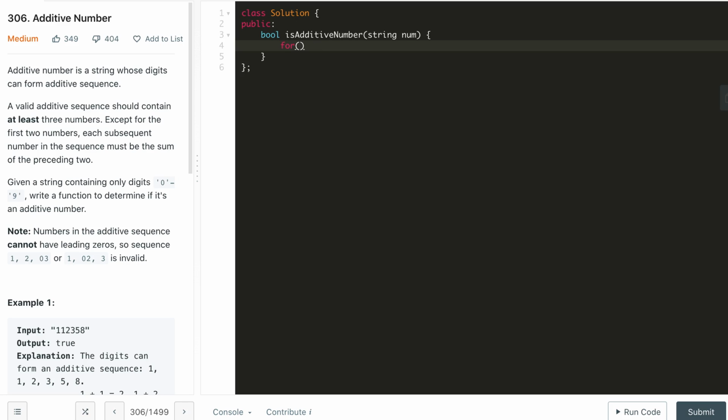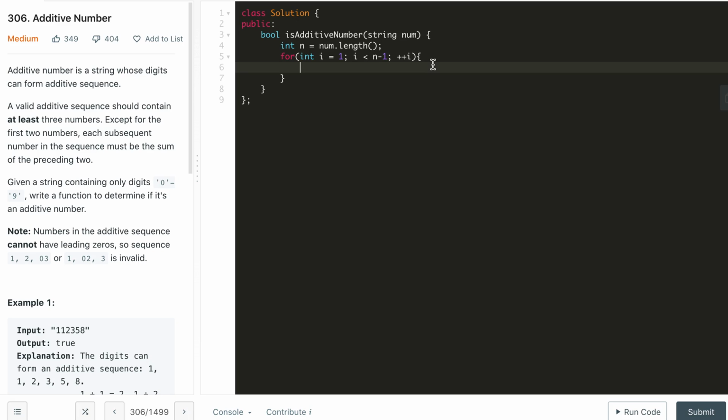So we have to try different values of n1. So what we will do, I equal to 1. So these will denote the substring's length, you can say. And I should be less than... We cannot go till the end, since we have to consider for n2 and n3 also. So if n1 goes till the last digit, then there is no room left for n2 and n3. So I should be less than n minus 1, and n is num dot length, the size of this string, that is number of digits. So it will go till n minus 2, and plus plus I,